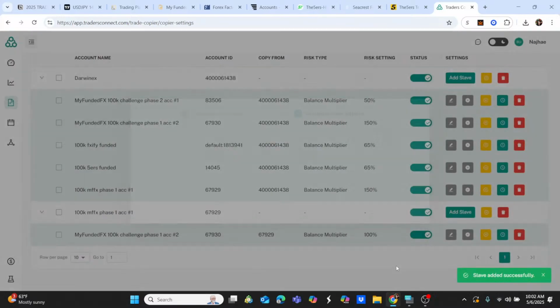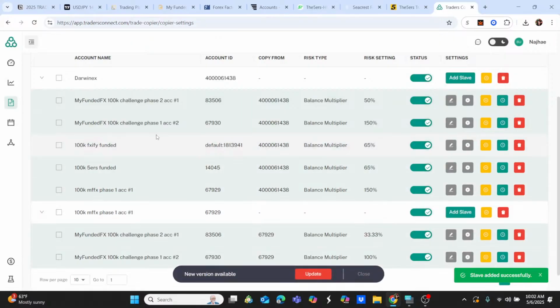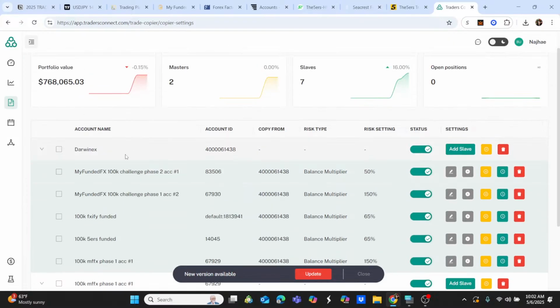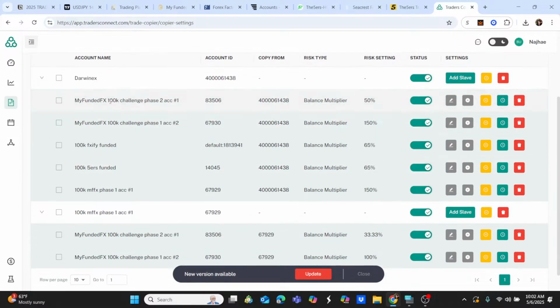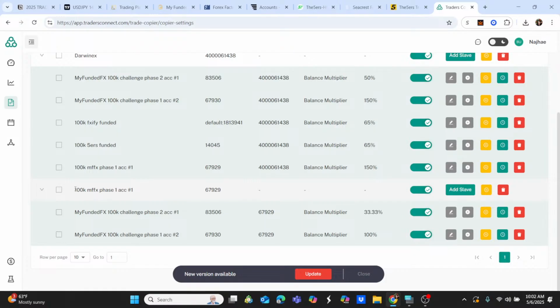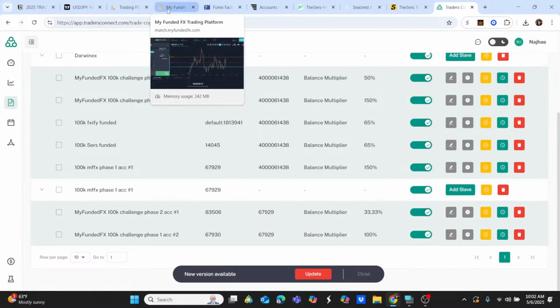Then confirm. This is how I basically trade multiple accounts, by the way, if y'all didn't know. So my Darwin-X account, when I place a trade, it gets copied over to my challenge accounts. So this is phase 2, phase 1 account, and then another one right here, and it's also going to get copied to my funded accounts. If I don't want to trade my funded accounts and I'm just trading challenges, I can just pick phase 1 of this account, and if I place a trade, it gets copied to the other 2. So what I'm going to do now, since I got that set up,